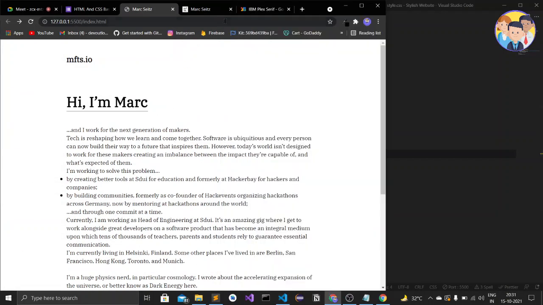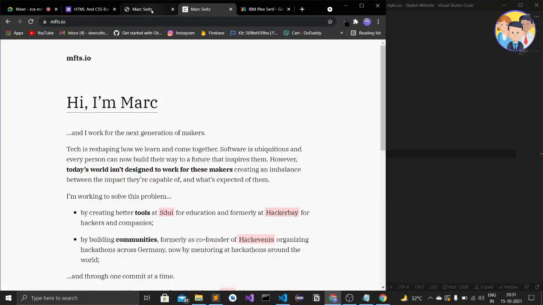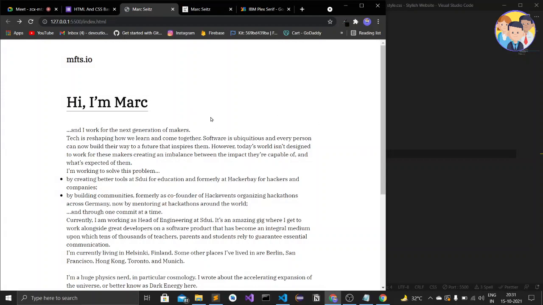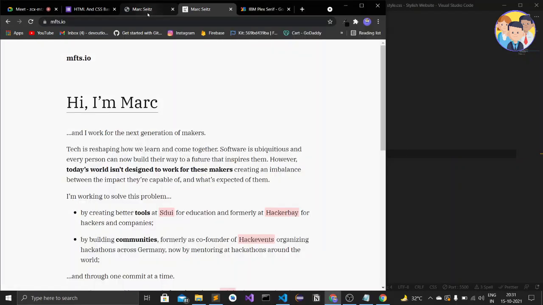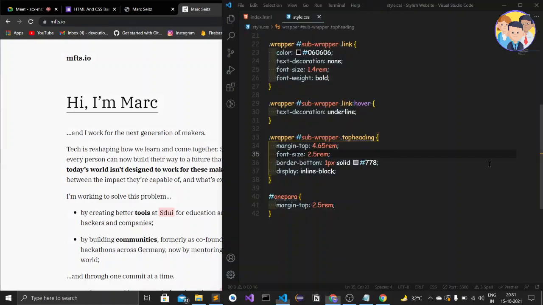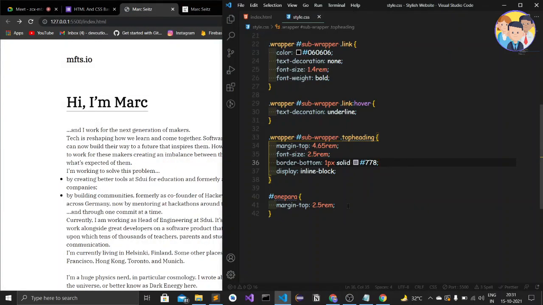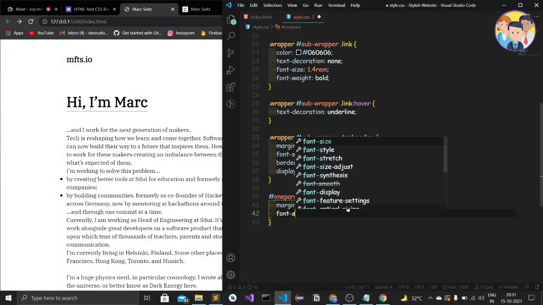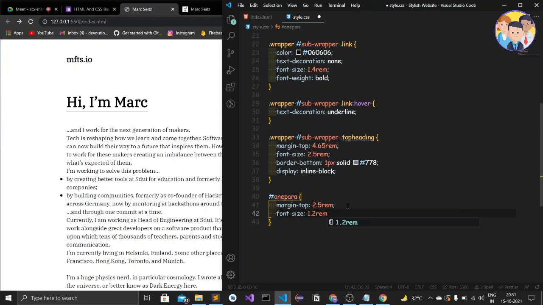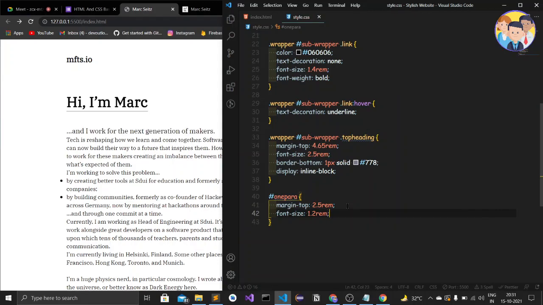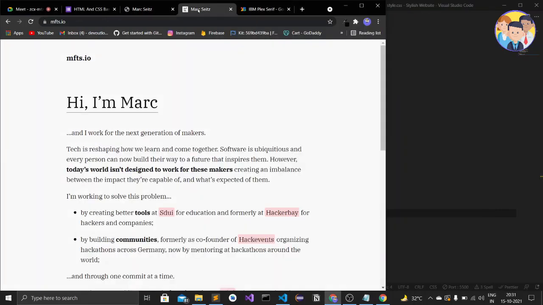Why is it not? Okay, it's looking pretty nice. So let's add the font size to that. The font size is 1.2. Let's try that, font size as 1.2 rem. Let's give a semicolon and save it. Okay, it's looking good.